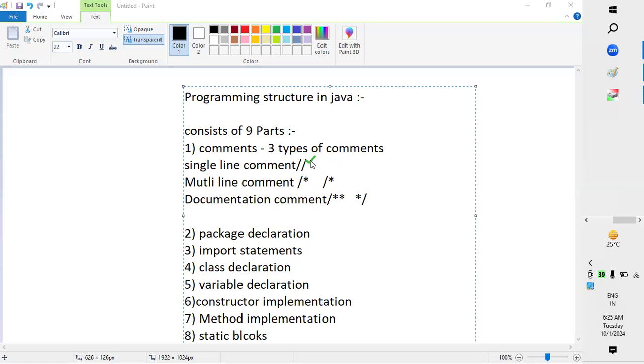Next one. Inside method, next point. Inside in that only. Inside method is the one which is used to comment single lines, such as variable declaration,